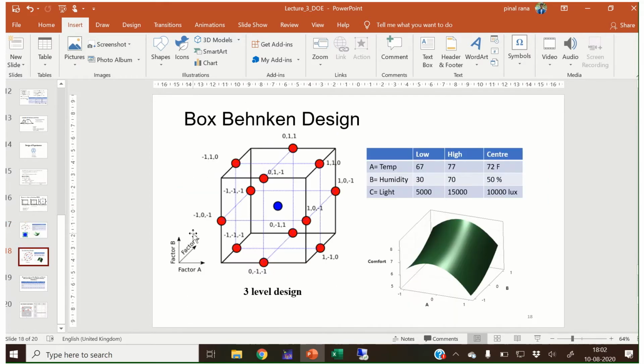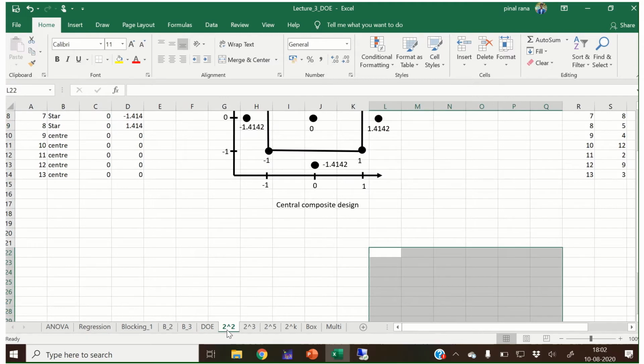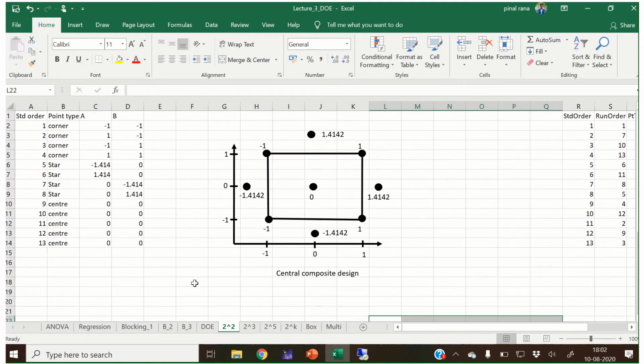Now we see how we can create a CCD design. CCD refers to the central composite design in Excel. Okay, so first we have to add these 4 corner points. So this is -1, -1, so I write it down over here. This one is +1, -1, so I write it down over here. This is -1, +1, so I also write it down over here, and this is +1, +1, so this is a value.